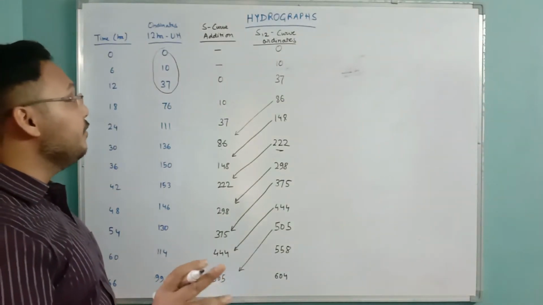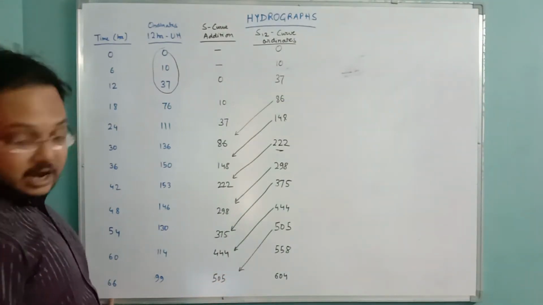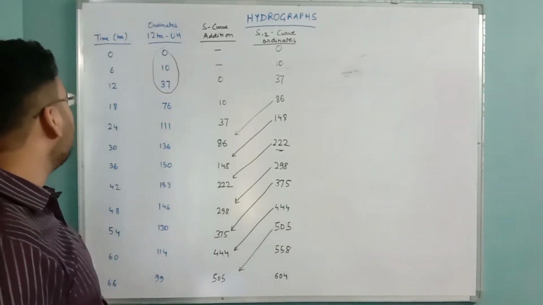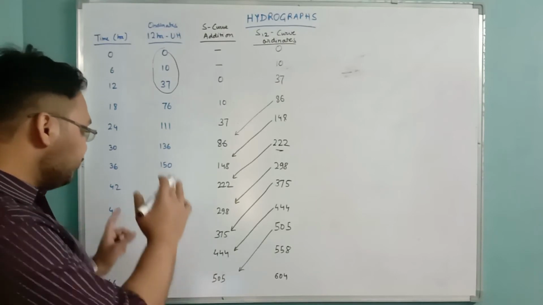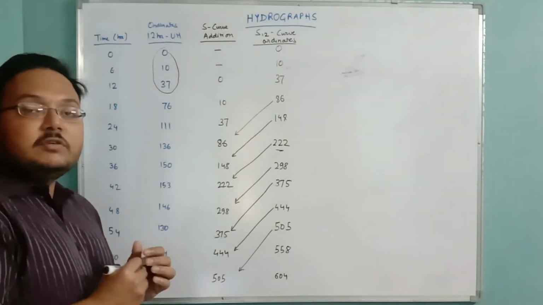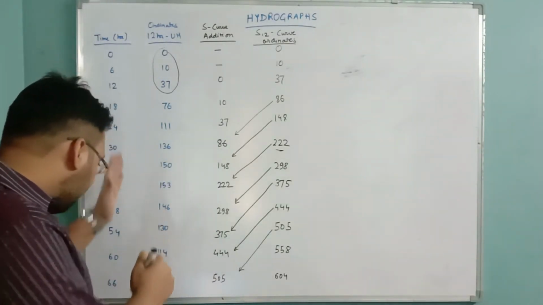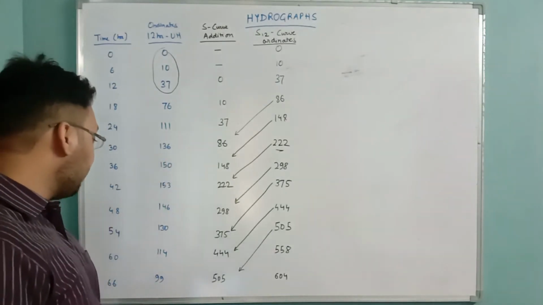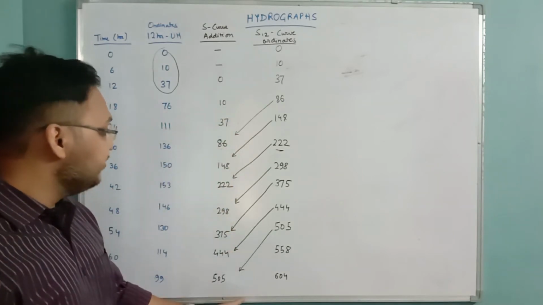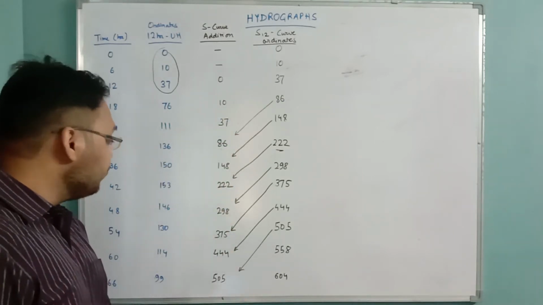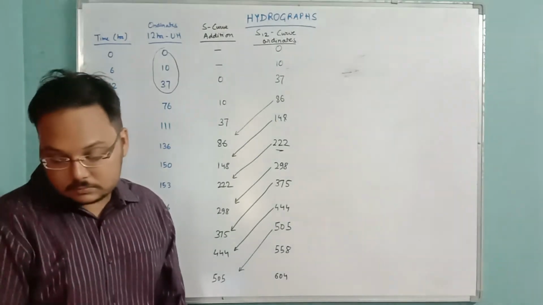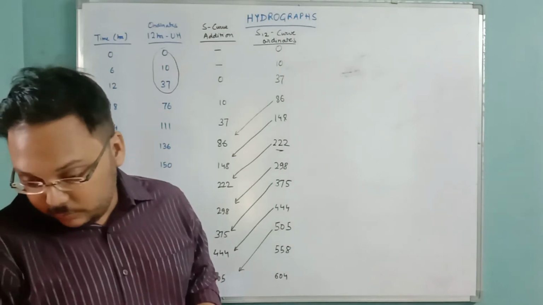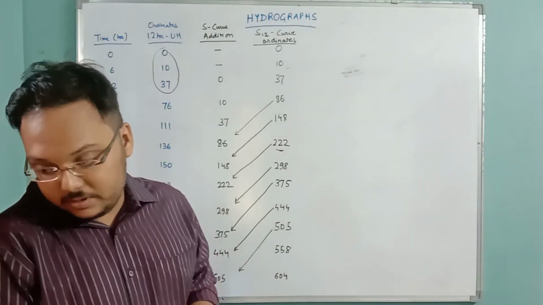Okay, because I don't have space, I could do up to 66 hours only. But right now I would request you, you have the values until the 144th hour. You just do one thing: in a piece of paper or in your notebook, write these values up until 144 and the 12-hour ordinates, and following the same procedure, calculate it up to the 144th hour. Okay, so this was our first step.